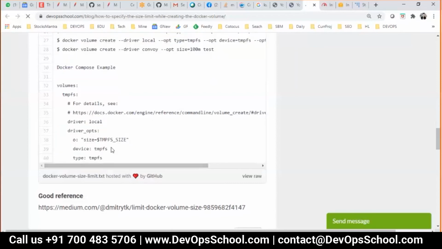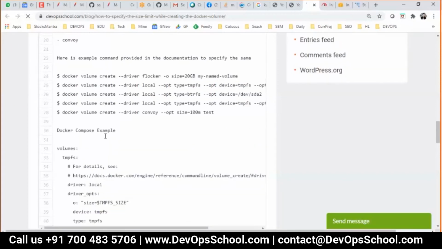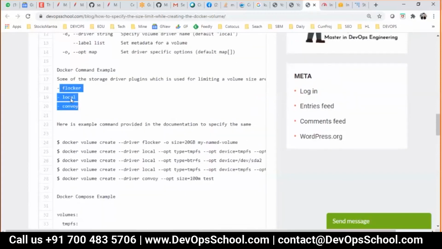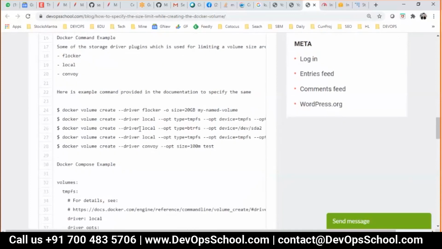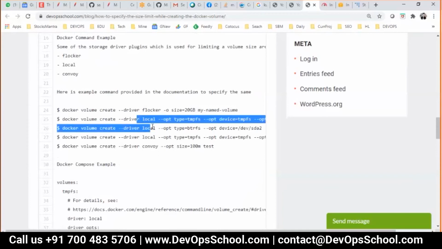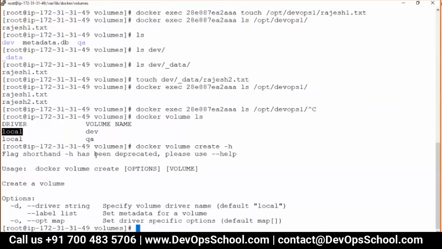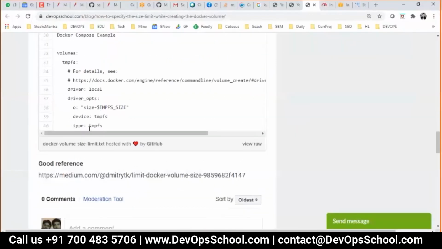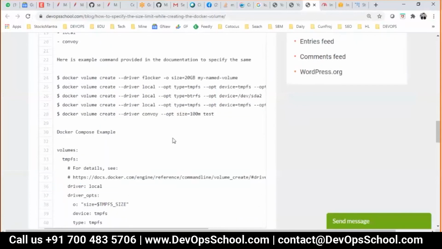Let me tell you here. Docker states no. Other drivers possible? Yes. This command will not work because this command used to work once upon a time, but now it will not work. Any reason? Swarm has played a very important role, I think, because with Swarm also you can do the volume management, different driver. So maybe because of that. So just check it out again. So many good references you can find on the internet.